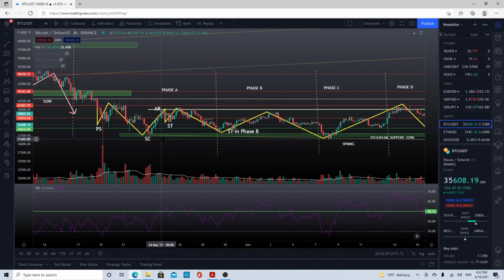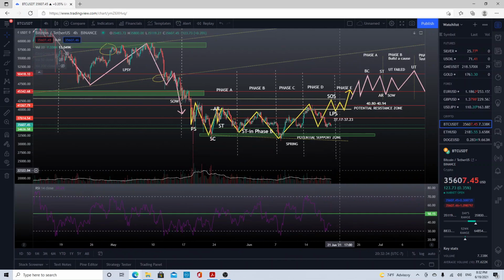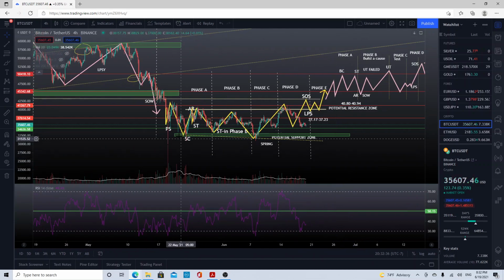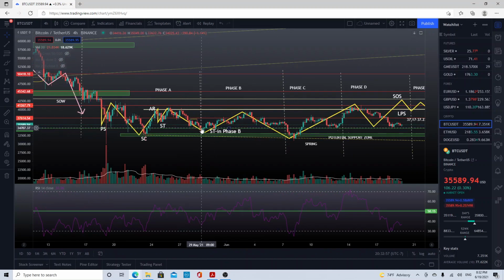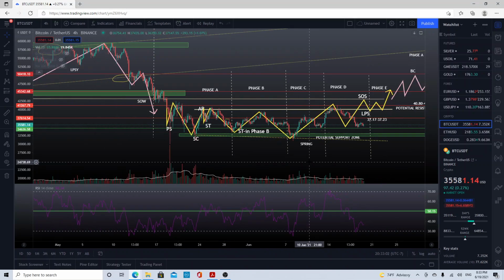Now we do see that we have a range being developed, right? We have a potential resistance zone and a potential support zone that we've created as we've been in this accumulation period. So we also have another secondary test. The price keeps going down, and it's being tested again one more time to push it even further below. We see that secondary test several times,